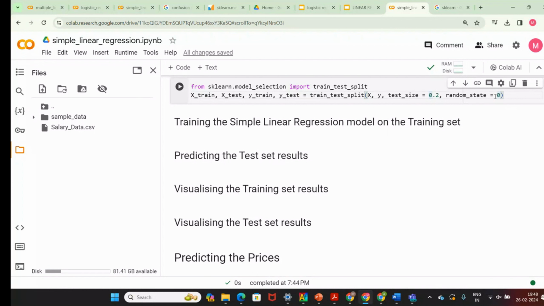If you change this random state to 1, then the splitting will be different and the learning will also be different. So to get the same result, use the same random state. That means the splitting of 20% of your data set is common when you use random state 0 in all the coding. I'm just running it,